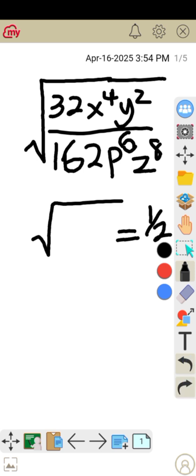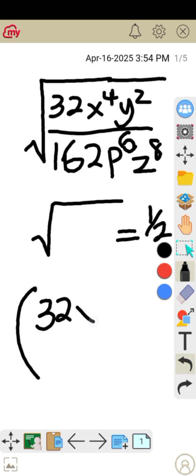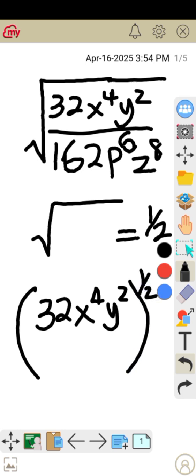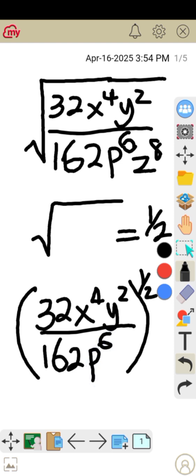Take note. So what it means is, I can as well come here and put the whole of this as 32 x raised to the power 4 y raised to the power 2, close bracket, raised to the power 1 over 2, all over 162 p6 and z8. So from here we try to break them down bit by bit. The first thing we do,